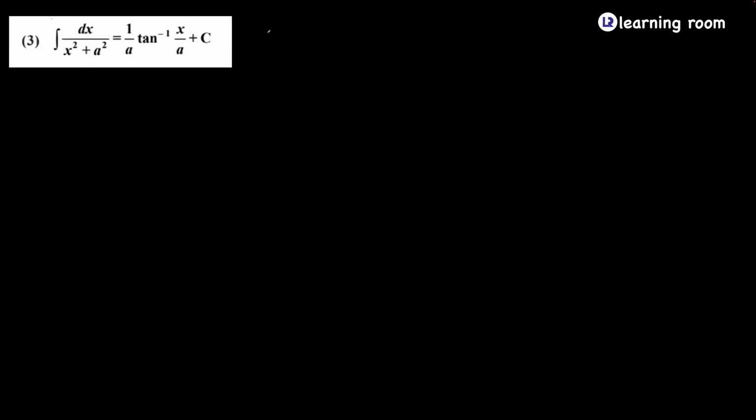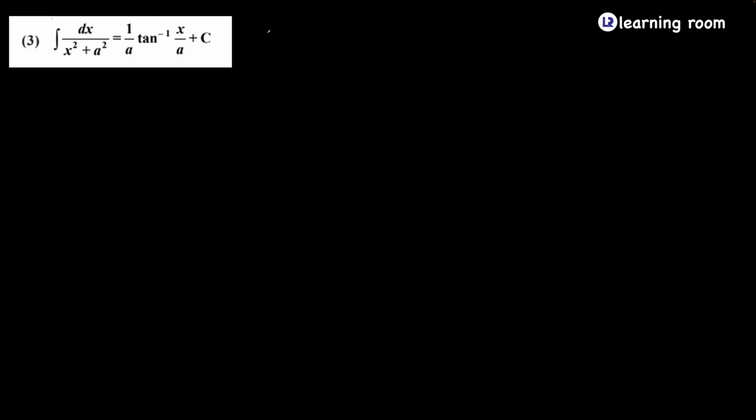So third one is integral of 1 by x square plus a square. See, unlike the previous two scenarios, I'll not be able to split it and write it as two factors, because there was a minus sign. I could use the formula of a square minus b square. Here I have a square plus b square, which is difficult to split. But what we can do